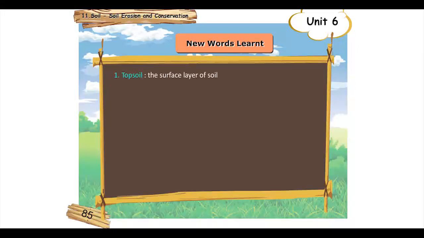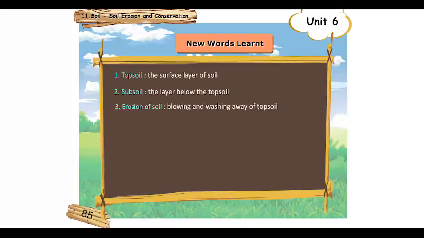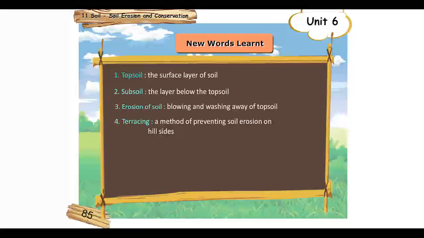New words learned. Topsoil, the surface layer of the soil. Subsoil, the layer below the topsoil. Erosion of soil, blowing and washing away of topsoil. Terracing, a method of preventing soil erosion on hillsides. Embankment, wall to hold back